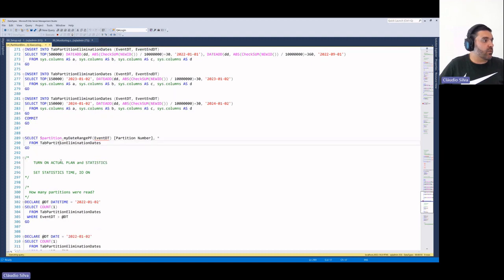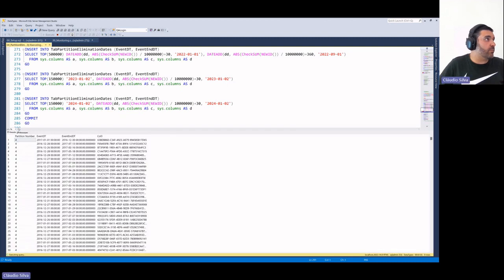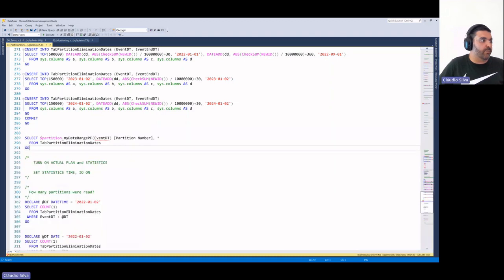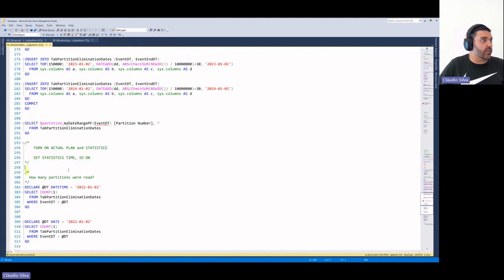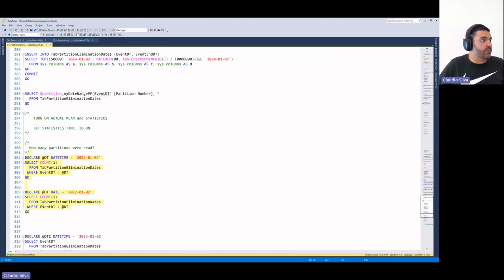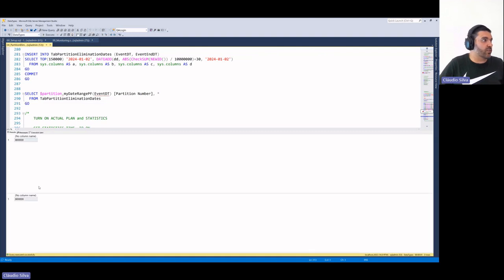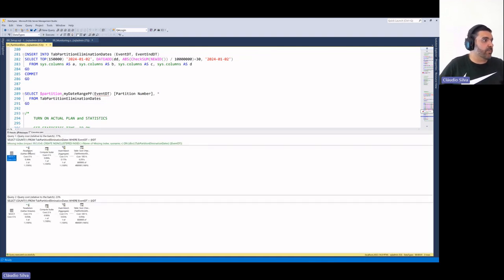Now it's taking a little bit longer than I would expect. Because it's already outputting the results, sure. So here you can see 4 and 5 and 6 and 7 and 10 and so on. If I now turn on my statistics IO and run my plan, I run these 2 executions, I have 800,000 records. I have 2 plans, both parallel plans. So the engine thought it was too costly, and maybe with a parallel plan it will be faster, which is true because it used the parallel plan.